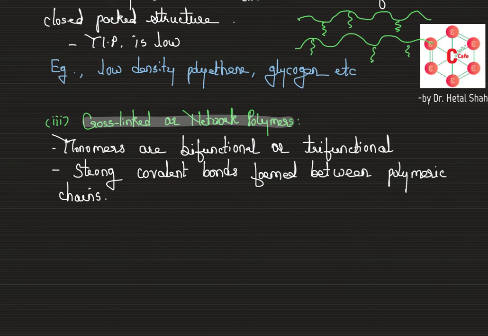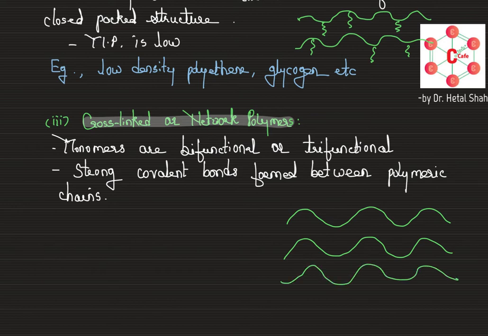Let's say I'm going to draw the polymeric chain. This is one, this is another, this is third, and now you may have that there would be some connections in between, right? This is what we call the cross-linking. Example, bakelite, melamine,